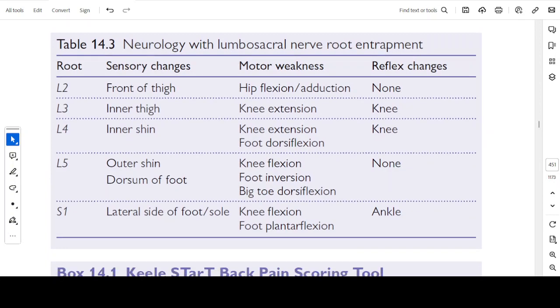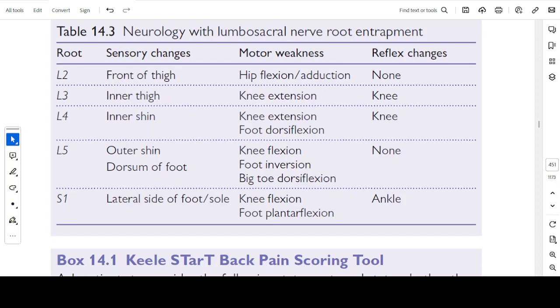Table 14.3. Neurology with lumbosacral nerve root entrapment. Like in the upper limb, where we have seen C5, C6, C7, C8 and T1, here we are seeing L2, L3, L4, L5 and S1 entrapments and how they will present. L2 entrapment: the sensory changes will be in the front of the thigh, causing motor weakness in hip flexion and adduction. No reflex changes. L3: the inner aspect of the thigh, helps with knee extension, and the reflex change is